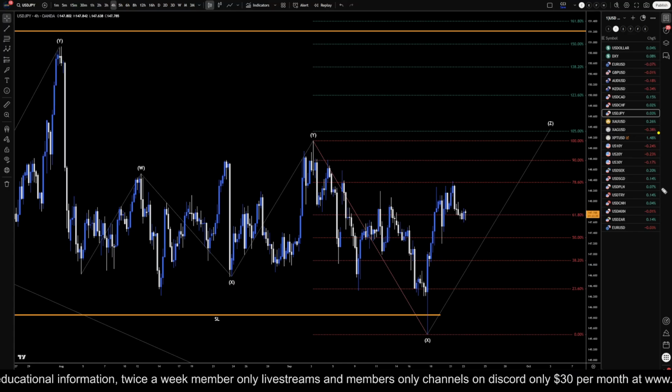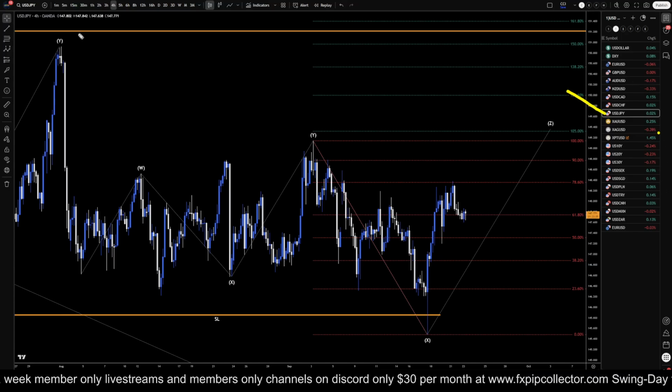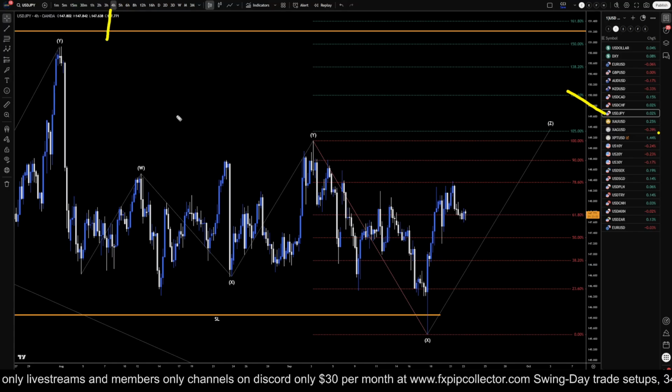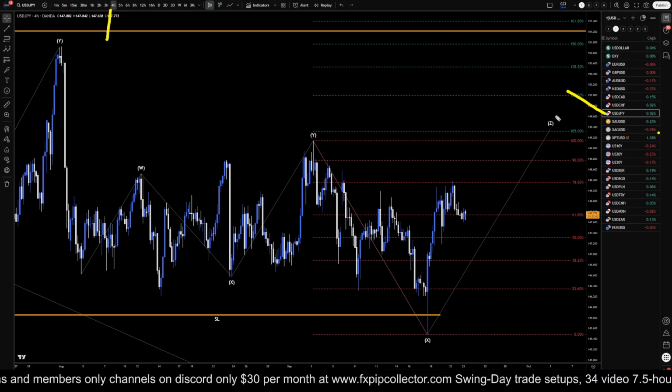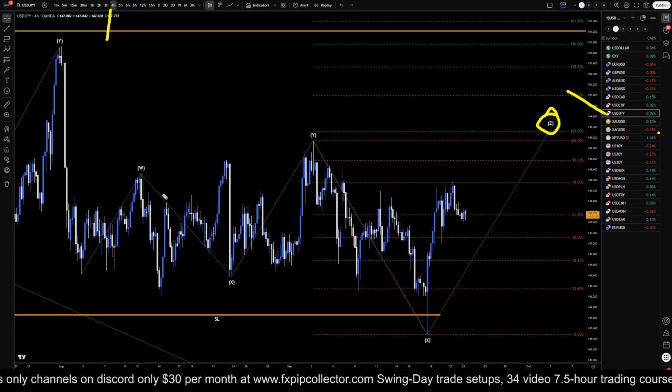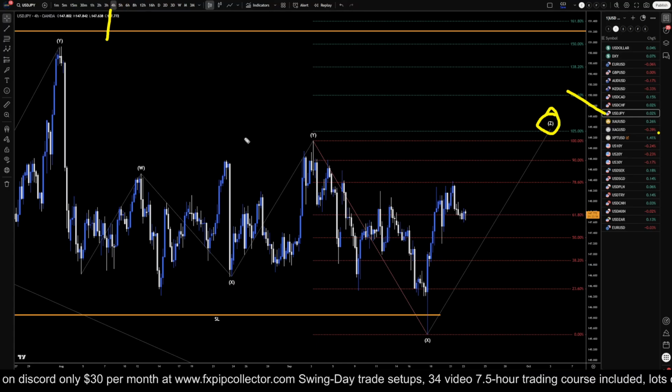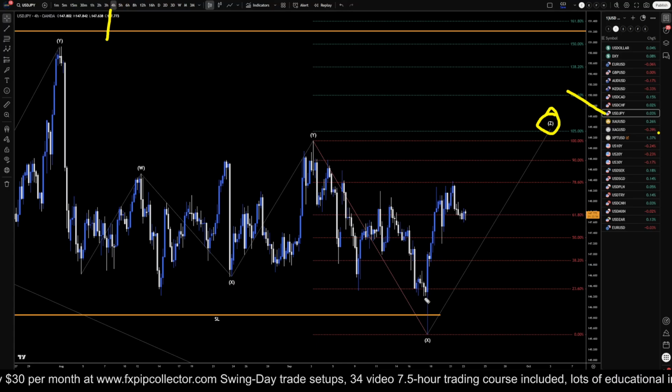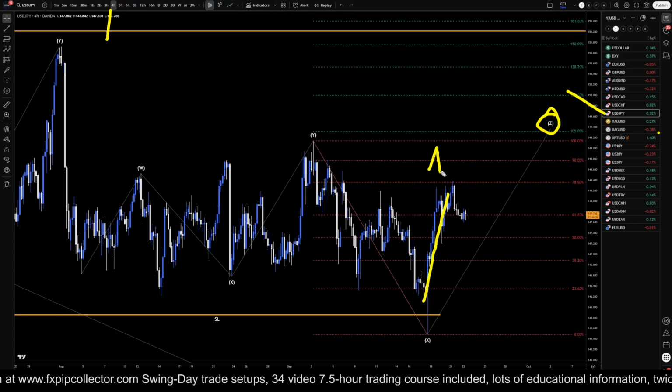Today is Tuesday, September 23rd, and this is my analysis for the US dollar yen, and we are on the 4 hour time frame. So, on the US dollar yen, I think we're in a wave Z right now. I think this is a big WXYXZ pattern on like the 4 hour to daily time frame. If that is true, then we likely need to be in a wave A.